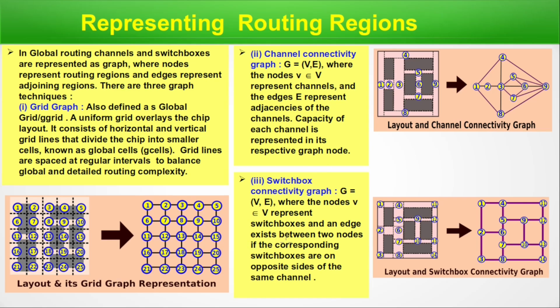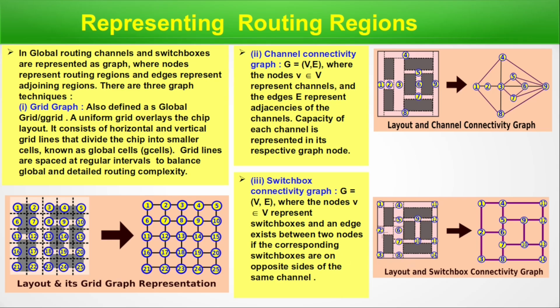And now the switchbox connectivity graph, where these nodes V represent switchboxes and an edge exists between two nodes if the corresponding switchboxes are on the opposite side. So the nodes represent switchboxes. These are the nodes. Nodes represent switchboxes from where it's crossing, like this way and that way. That's one crossing, second crossing, third crossing, that is another crossing from here and there, that is crossing of these and that, 2 to 6 and this way. It's all crossings. So switchboxes, and an edge exists between two nodes if the corresponding switchboxes are on opposite sides